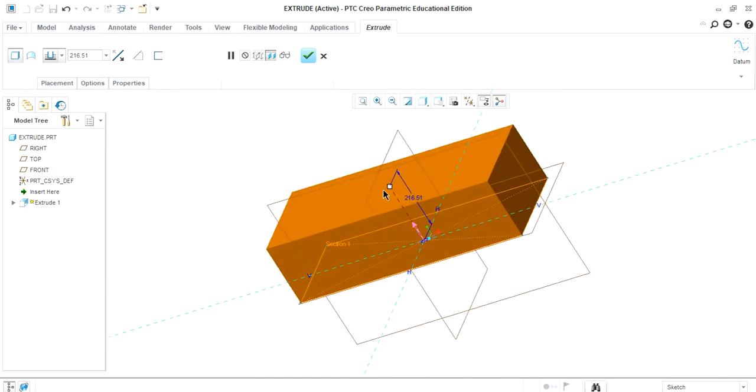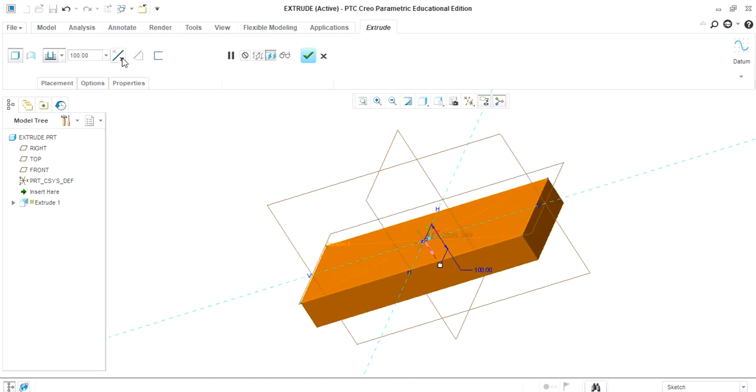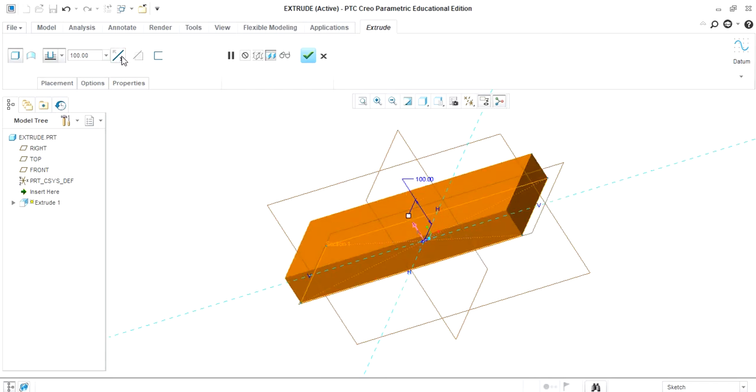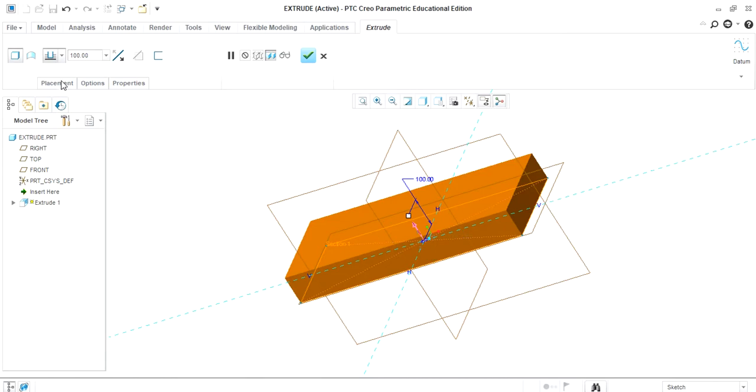Now here you can change the orientation of the object along the plane. So this first option is used to extrude along one side of the plane. Suppose we want a distance of 100 mm, so we will click on the 100 mm. Suppose this distance we want in another direction of the plane, so click on this arrow. You will get the direction reversed. From here also you can change the direction.